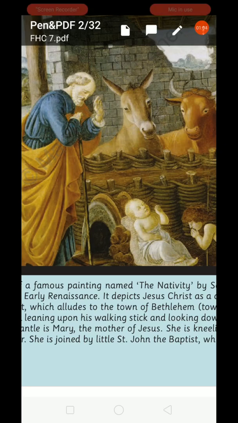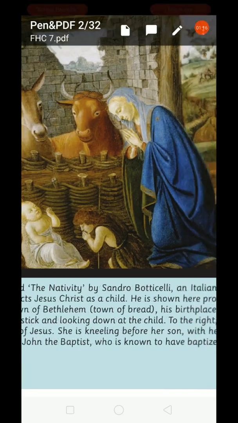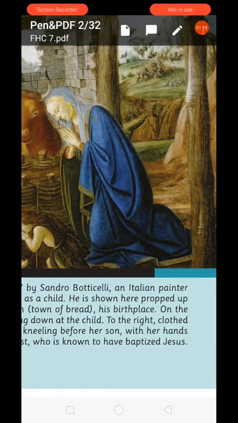To the town of Bethlehem, where in the town of Bethlehem. What's the name of the town? Town of bread. His birthplace. So, what's the name of the town where he lives? It is the town of bread. On the